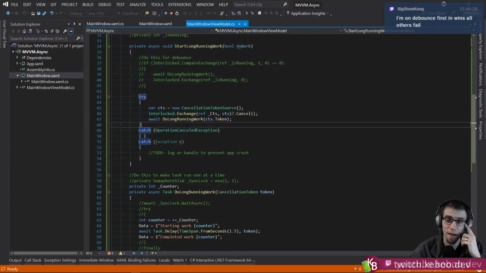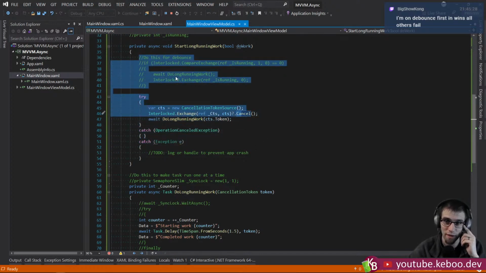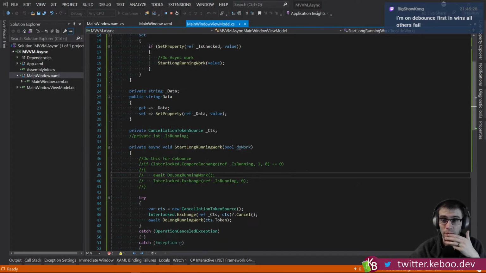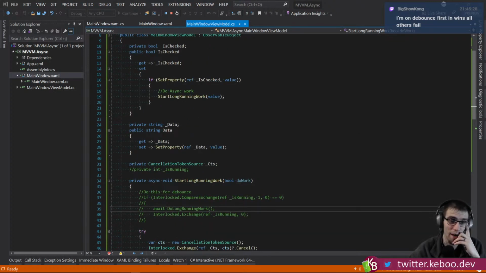Yeah, and it really depends. There's not one right answer. Because, like I said, I usually end up with somewhere in this vicinity, and it depends on what it is, right? And it really just depends on what is the expected experience. Do you want to get the last one, or do you want to get the first one? And at the end of the day, the way I end up handling